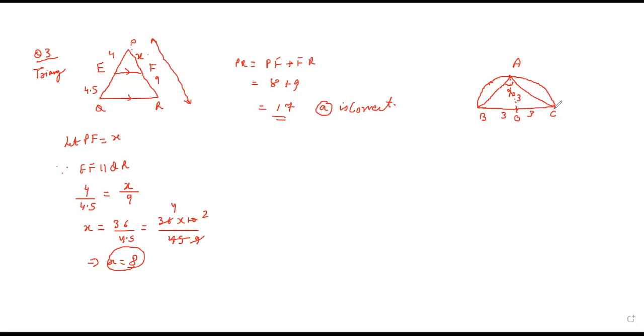Largest triangle is the only triangle which has one vertex on the semicircle and the rest of the 2 vertices on the end points of the diameter. Okay. So if it is a right angle triangle, so it means AB square plus AC square is equal to 3 plus 3, 6, whole square.